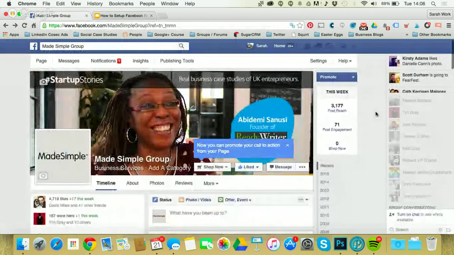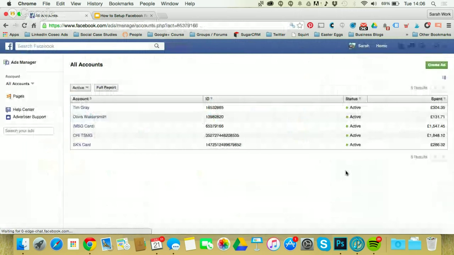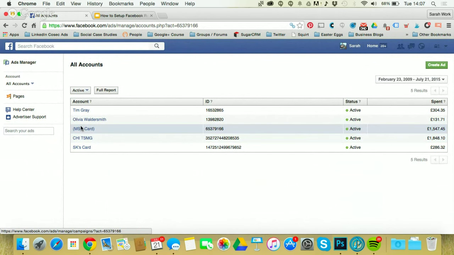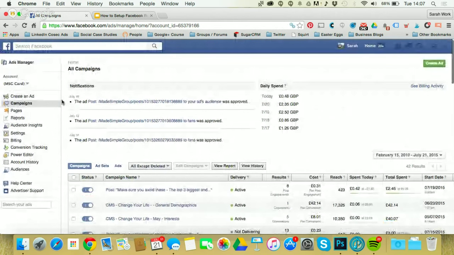So if you're on your Facebook for Business page here, and you go down to Manage Ads. This will take you through to your advertising dashboard here. Now, if you've only got one account set up here, you only have one option if you only manage one Facebook page. So I'm just going to click through there to the MadeSimple account. And once you're in here in your Ads Manager, you can see on the left-hand side in the menu, you've got an option which says Conversion Tracking. So if you click on that option there,